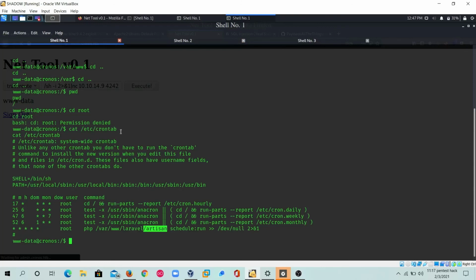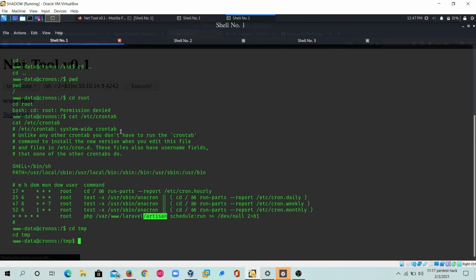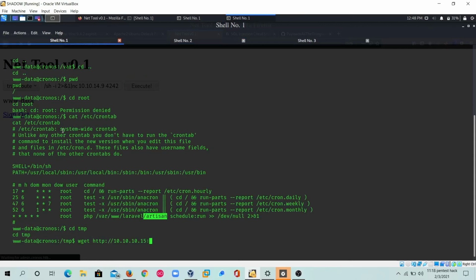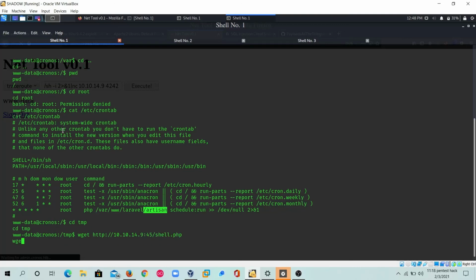Okay, now we will get into the temp, and we will use the wget command to download that file from the attacker machine to the target machine. 10.10.14.9, port used is 45, and the file name is shell.php.